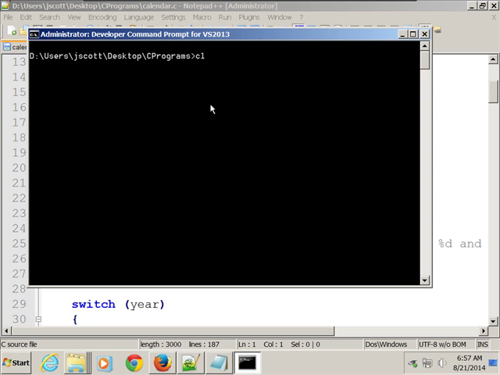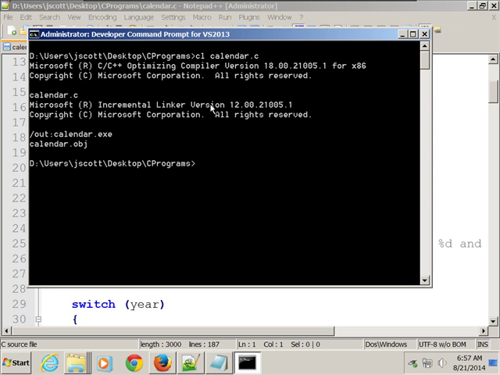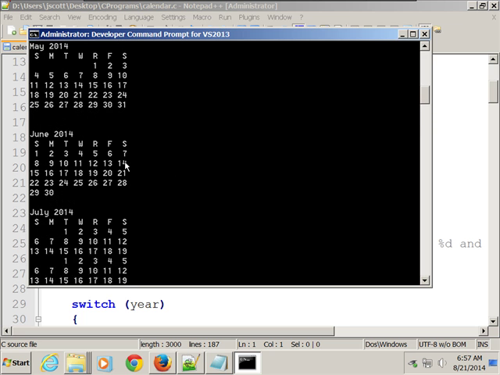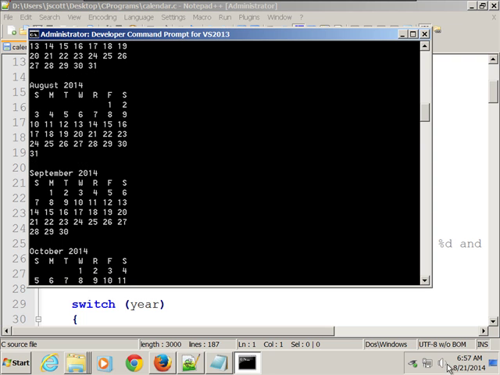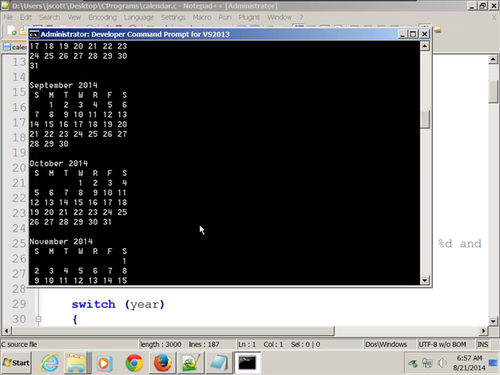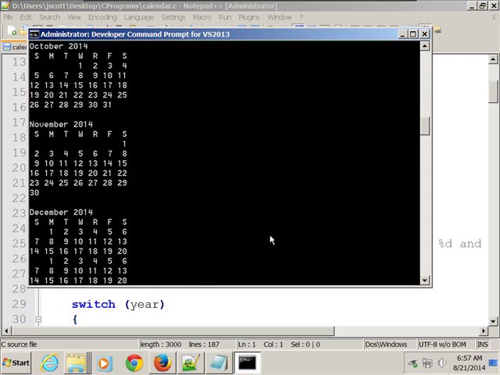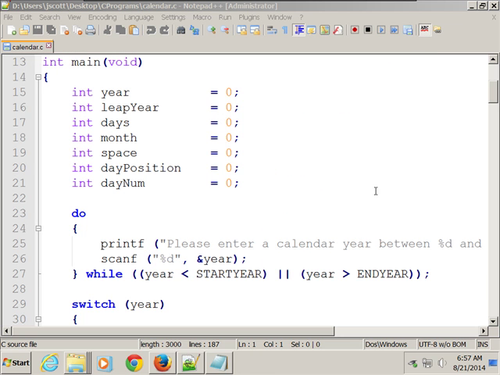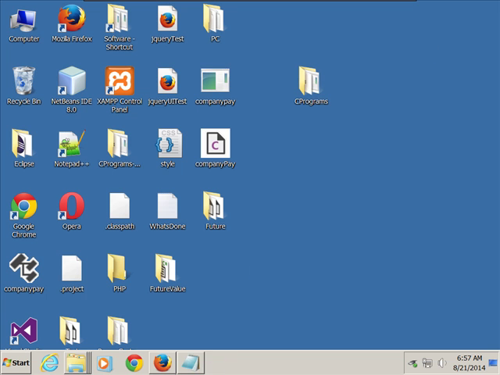So that one looks like this. It asks you to enter a year, so the current year, 2014, and it gives you a simple calendar for that year. So again, we're in August. Today is Thursday, August 21st, and you can see that. For example, you can tell that Labor Day is the 1st. Thanksgiving is the 27th. Christmas Eve will be a Wednesday. Christmas Day will be a Thursday. New Year's Eve will be a Wednesday, etc. All right, so that's it for the chapter, and I guess I'm done.